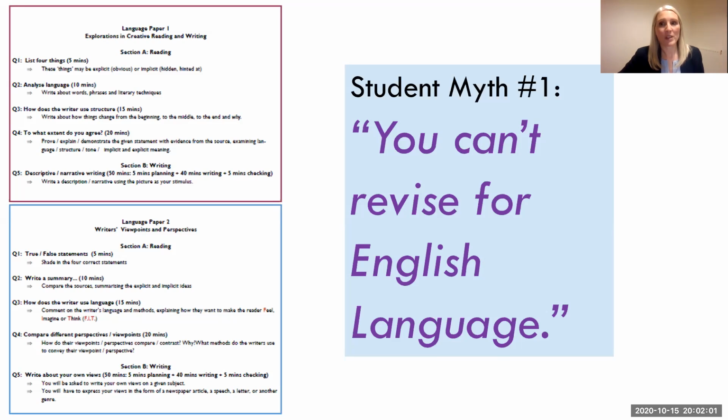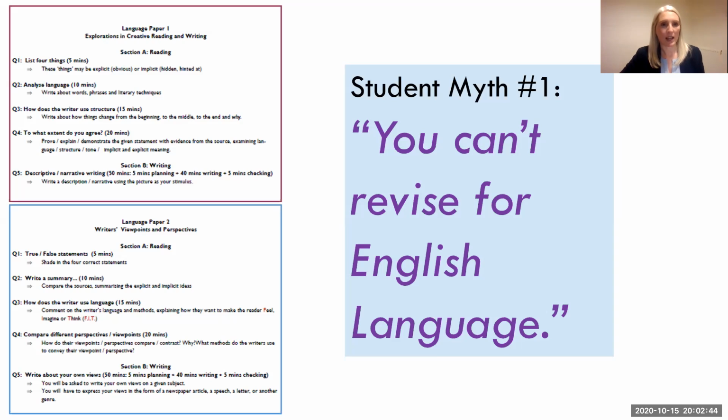The bit that you can revise for is the questions, understanding what the questions are asking you, and really understanding what the mark scheme looks like and how to move from one band on the mark scheme to the next band up, which is really what drives students' improvement. Question 1 is always about listing 4 things. The questions are structured a little bit like a ladder on this paper. They get a little harder as you go on, and they're more heavily weighted as you go through as well. That creates timing issues for students, because the questions which are worth the most marks are towards the end of the paper when students tend to be getting tired and time might be running out.